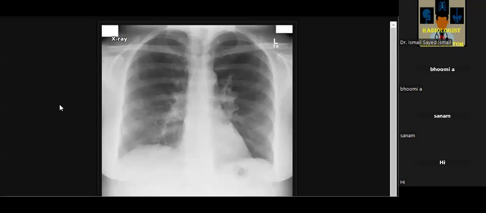I'm presented with a frontal chest radiograph of a skeletally mature patient. I can see bilateral symmetrical